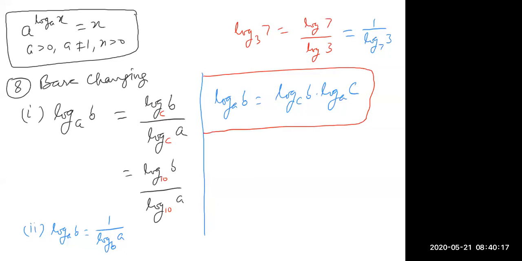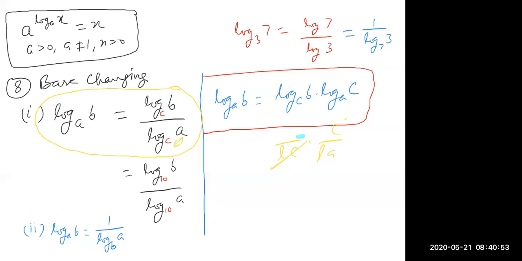How is this coming? This is coming from this second step. Log_A B is equal to log B upon log A, and log_C B upon log_C A. And this 1 upon log_C A, I'm taking to the numerator, so A and C will interchange. Proof is very easy. This is log B upon log C, this will be log C upon log A, so this will cancel. This is log B upon log A, that is log_A B.